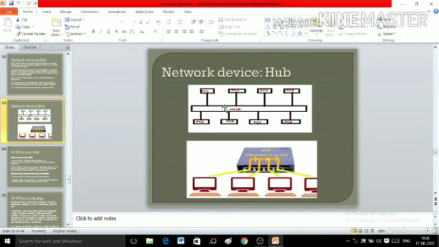Since hub always broadcasts the message received from sender, there are some security issues associated with hub. Suppose PC1 only wants to send the message to PC8. By using hub you can't do so, because hub will forward the message to PC2, PC3, PC4, PC5, 6 and 7 also, in addition to PC8. So the always-broadcast feature is one of the disadvantages of hub.